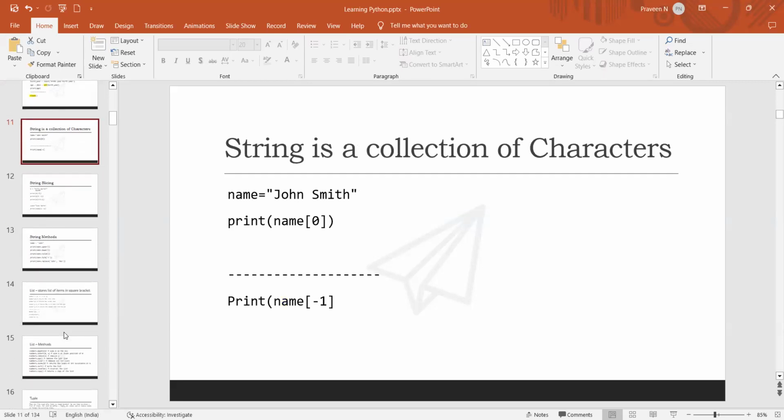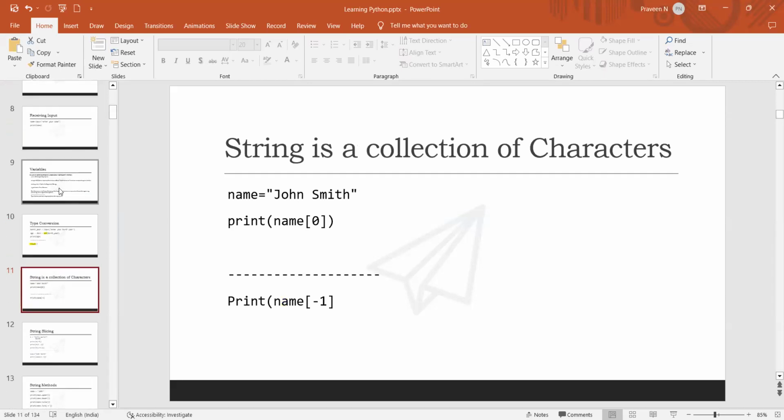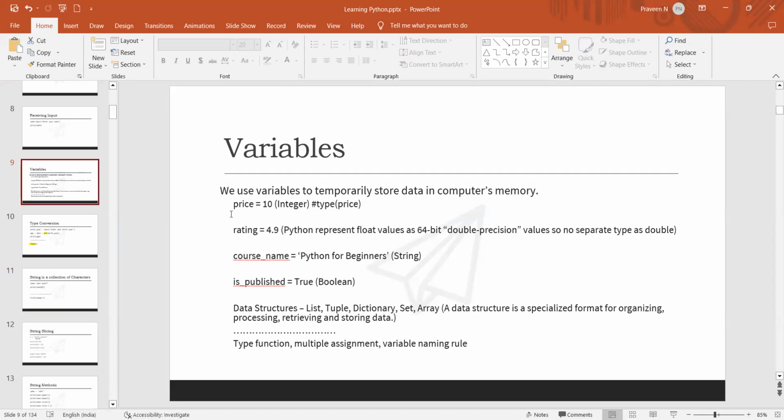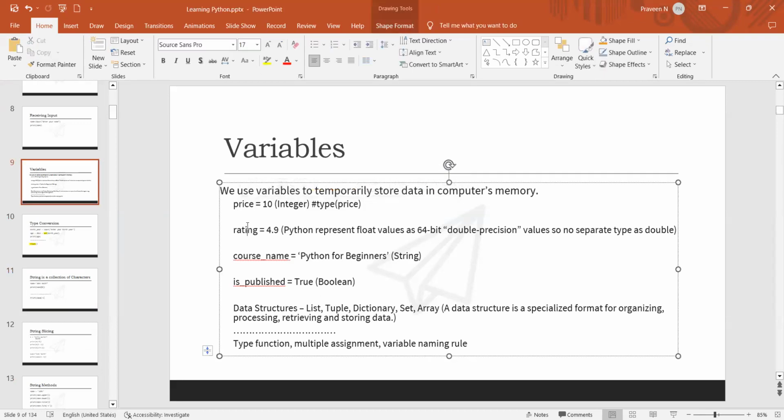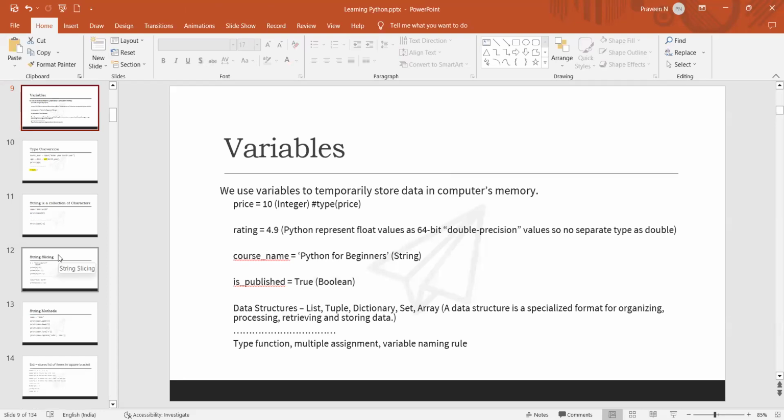Now getting into the data structure. Like I said, in variables, we have seen integers, we've seen float, string, and then Boolean, and then data structure. So data structure means, what if we need to store a collection of